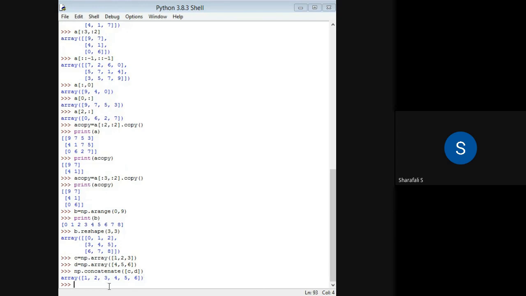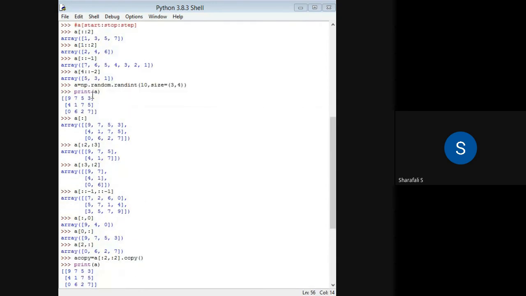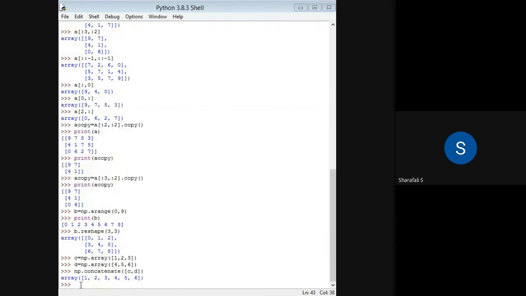I will give you an example. Before that, first I will consider a 2 by 2 matrix. I will just use random numbers to generate a particular array.